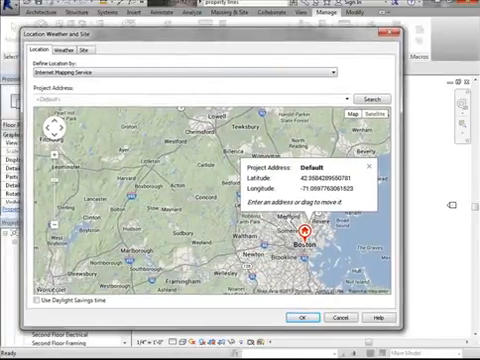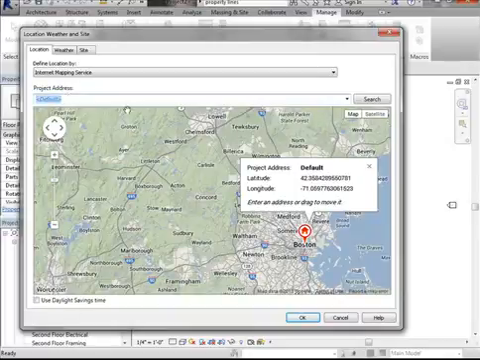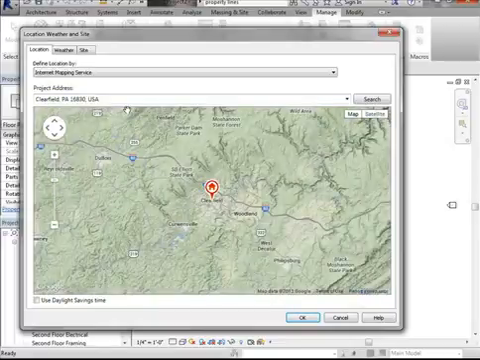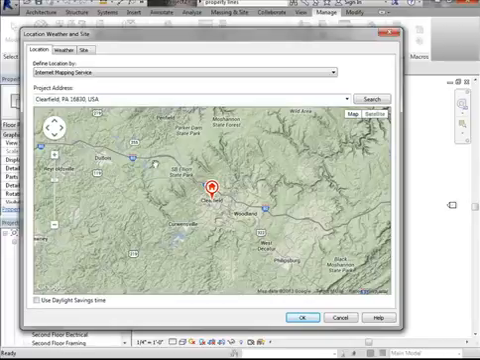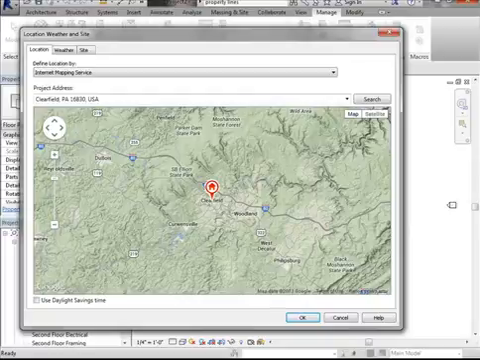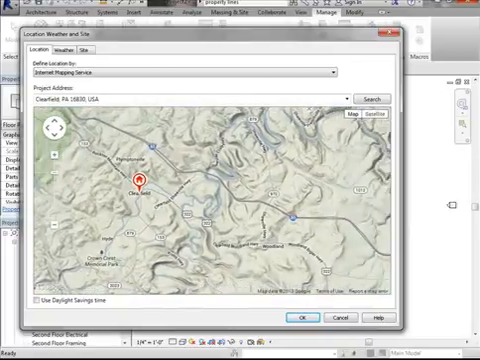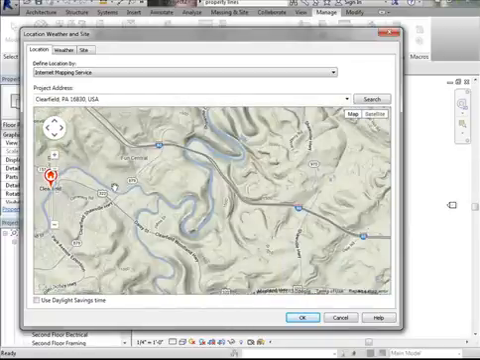And what I'm going to do is just get us started by typing in Clearfield, PA. Now, if I had an actual address, I could type that in here, but whenever I tried to type the actual address in, it could not find it. So at this point, I'm just going to zoom in a little bit, and I'm going to navigate to